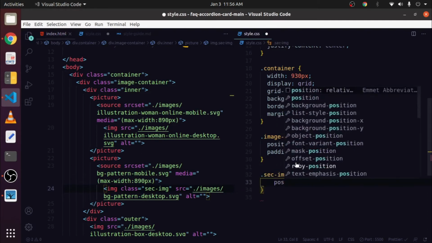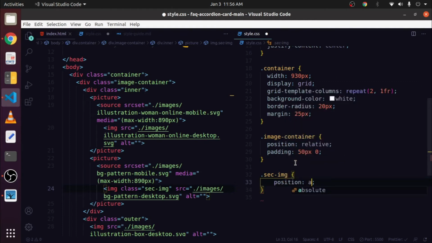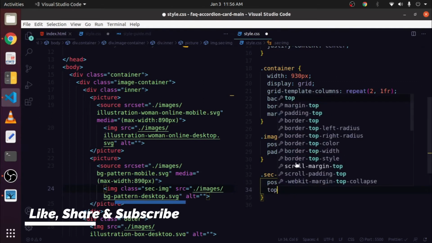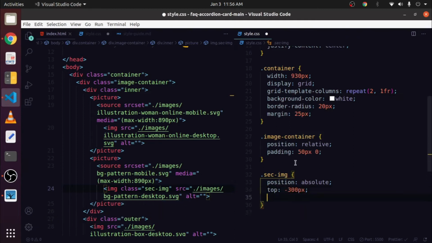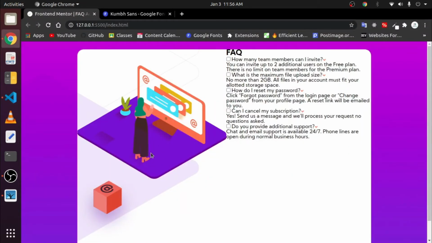First position it using position absolute, and then from the top give it minus 300 pixels, and from the left side give it minus 580 pixels. Now it looks something like this.